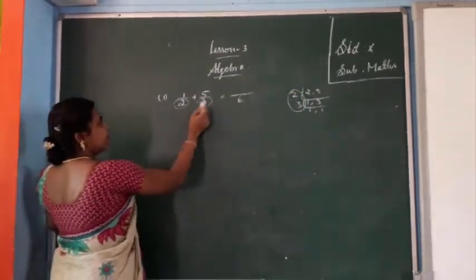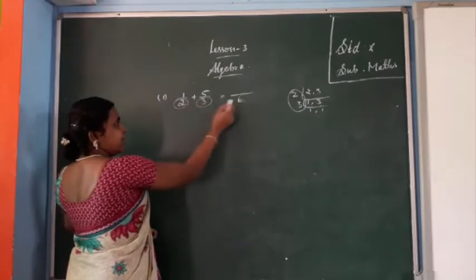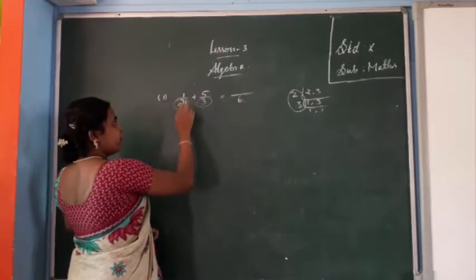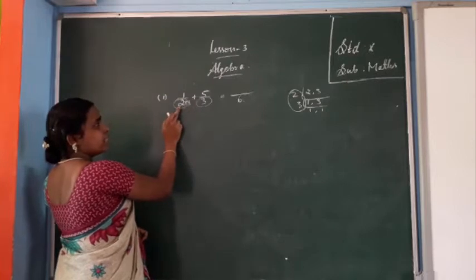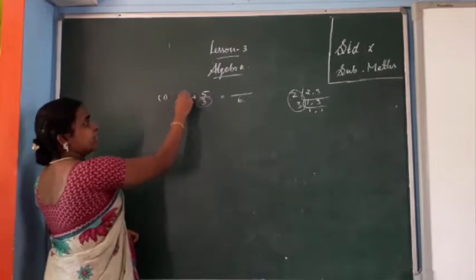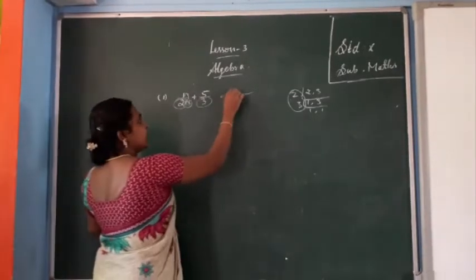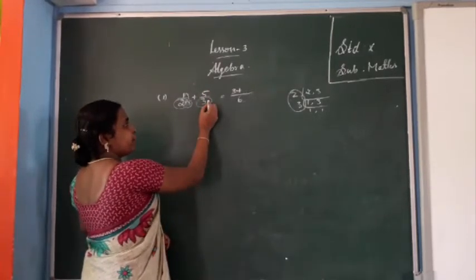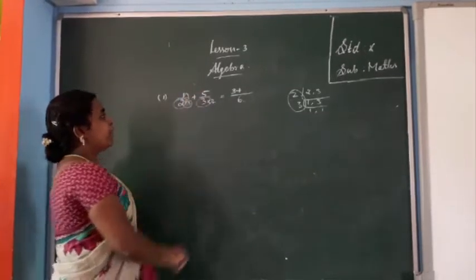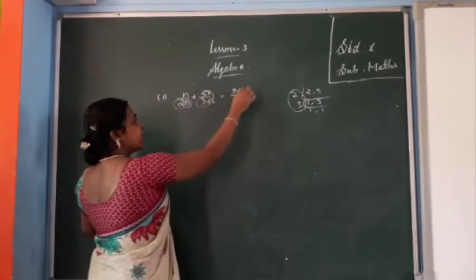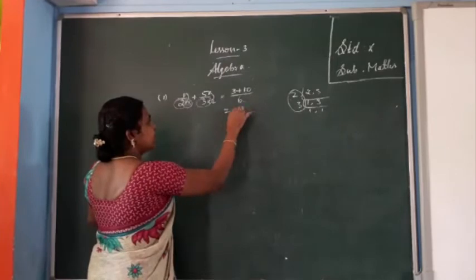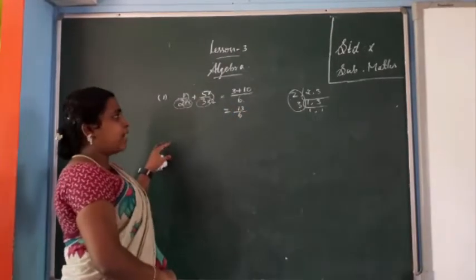But in the left hand side, what is here? 2 is here. See, instead of 2 now I have written 6. When you multiply 2 by 3 you get 6, so 2 3s are 6. Is that correct? So the numerator you have to multiply by 3. 3 into 1 is 3. Okay, plus. Same here also: 3 by 2, 3 2s are 6. You get 6. So that 2 you multiply by the numerator, so 5 2s are 10. Now you have to add 3 plus 10. 3 plus 10 is 13. So 13 by 6. Okay, this is the answer.